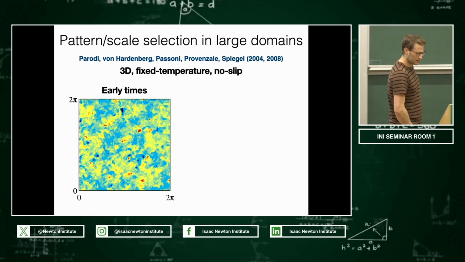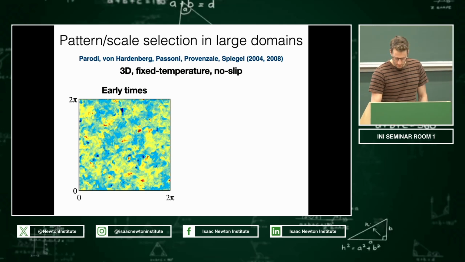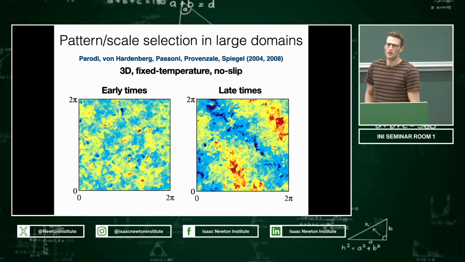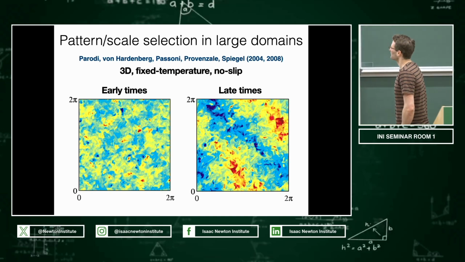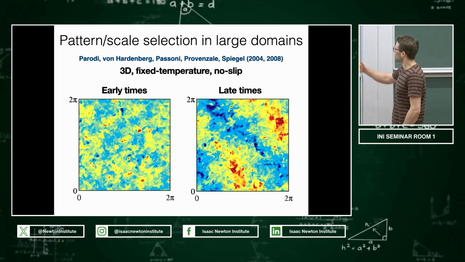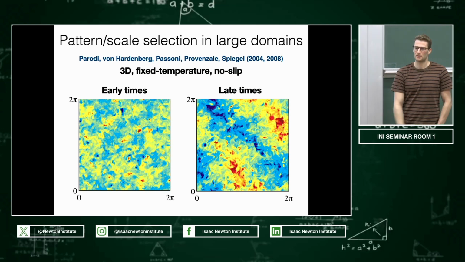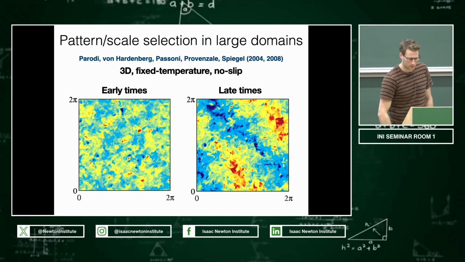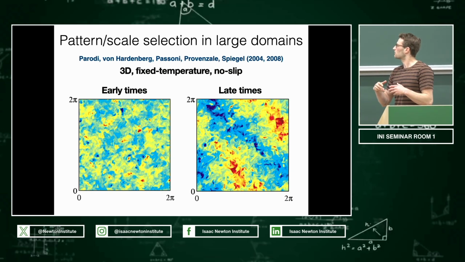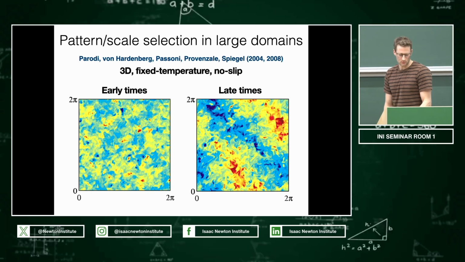If you now leave this for a very long time, you find that actually what happens, or these authors found, is that the rising warm regions coalesce more and more, come closer together until you have one connected region of warm rising fluid and a connected region of cold falling fluid. It was not clear in this first paper whether this would continue to be the case as you made the domain larger and larger. Right? So in the next paper,